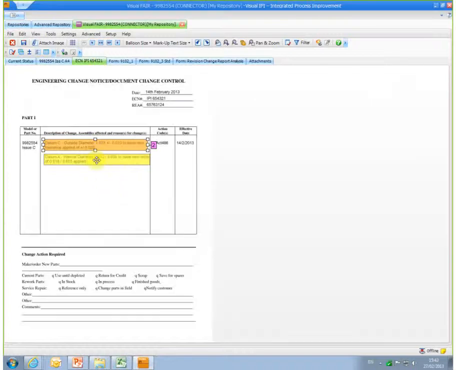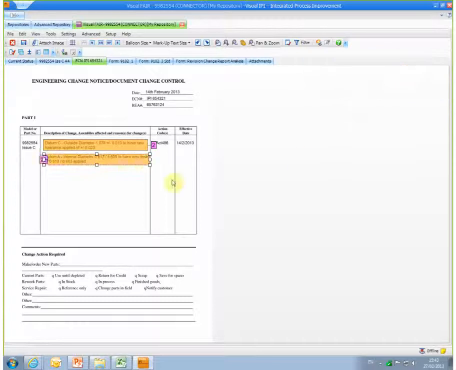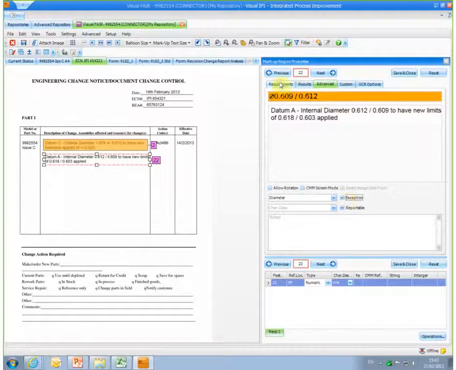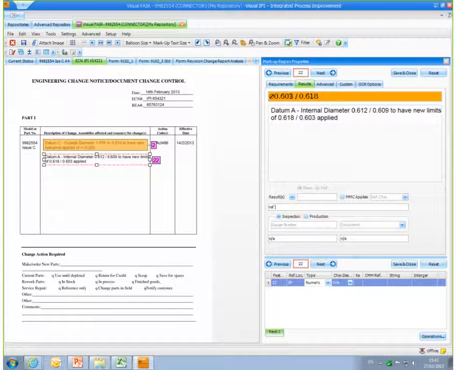So I'm going to reference this one to feature number 22, and all I'm using there was a double left mouse click to reference it. And now that it's become referenced, if I double left mouse click again, I open up the markup region properties for feature number 22. I can go to my advanced, I can take an exception, I can go to the requirement, and I can physically change the upper limit to 618 and the lower limit to 603, and it's all referenced to engineering change note